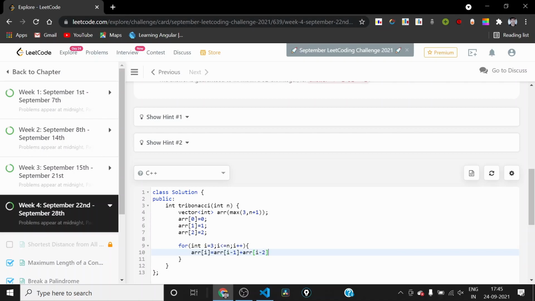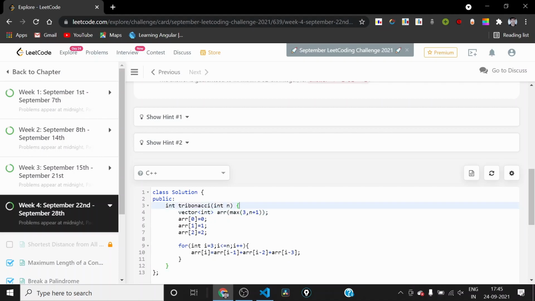So if we use n plus 1, then if n is equal to 0, it will only declare an array of size 1. I was using the word size equal to 2 a couple of seconds ago, but for n equal to 0, it will declare an array of size equal to 1.